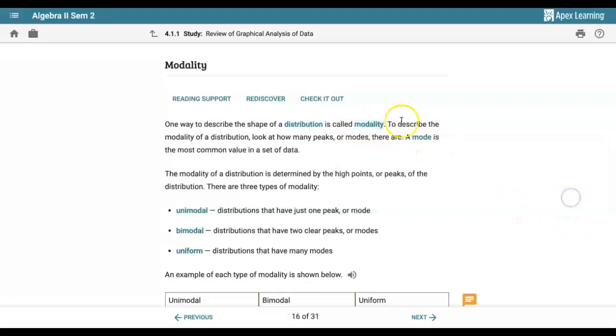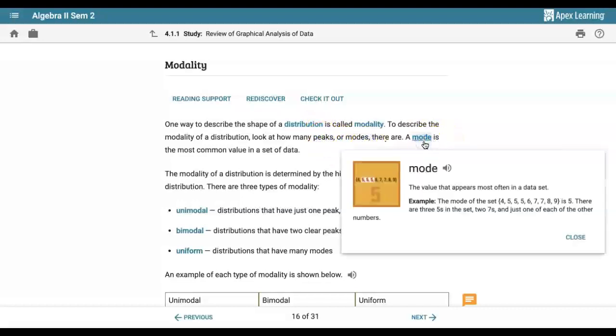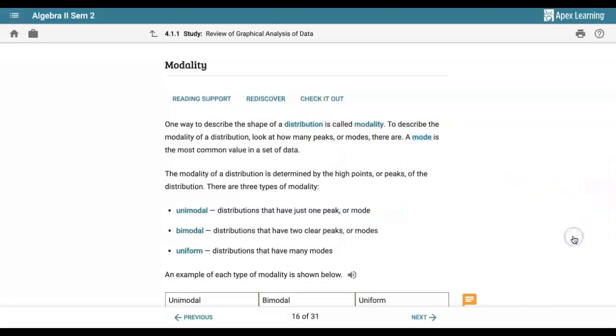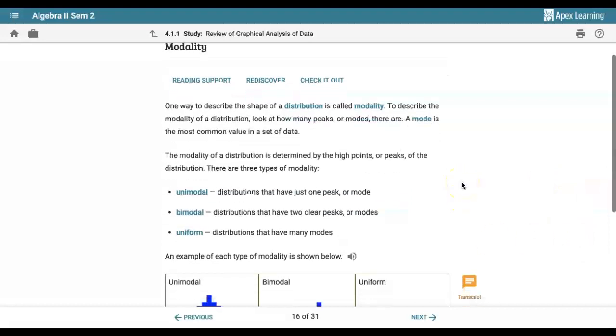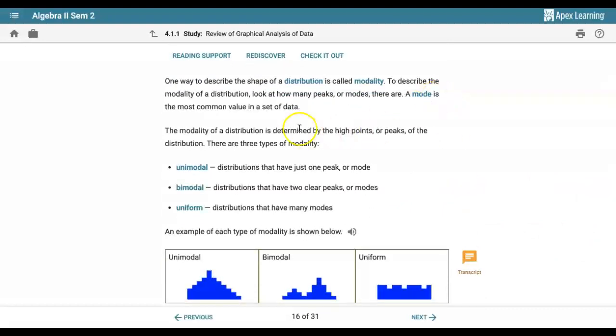The reason it's called modality is because we're going to look at how many peaks there are. Another word for peaks is this word called mode. A mode is the value that is expressed most often in a data set. Mode, most often. Looking at the modality here, there are three types that we're really going to talk about: unimodal, bimodal,